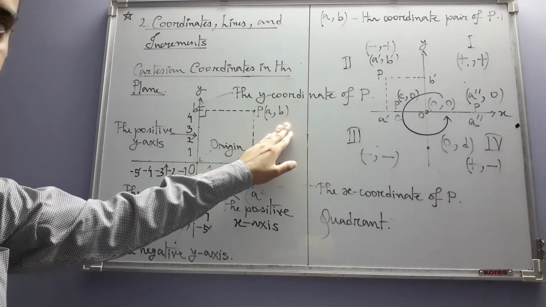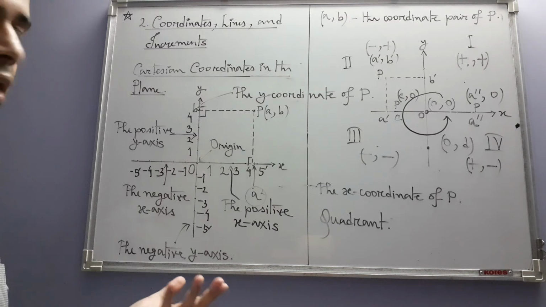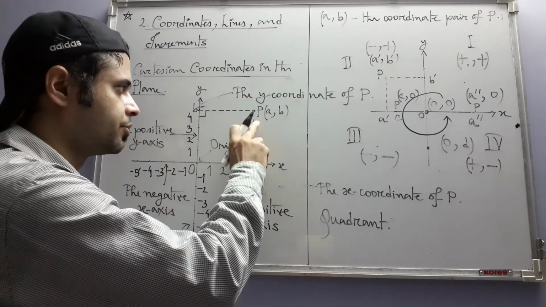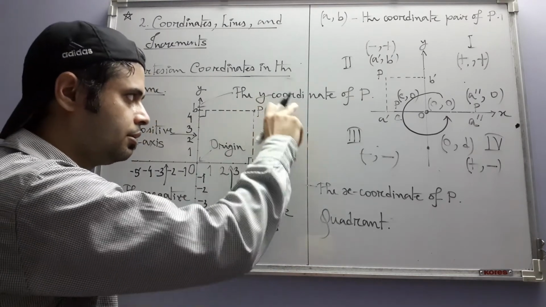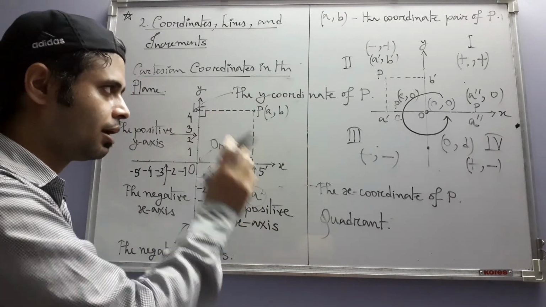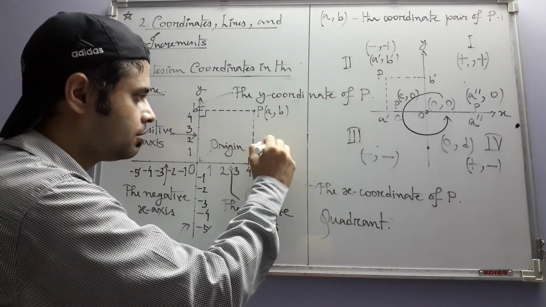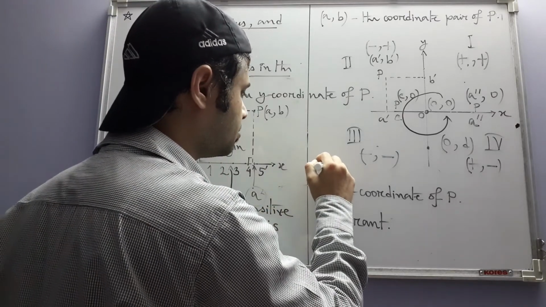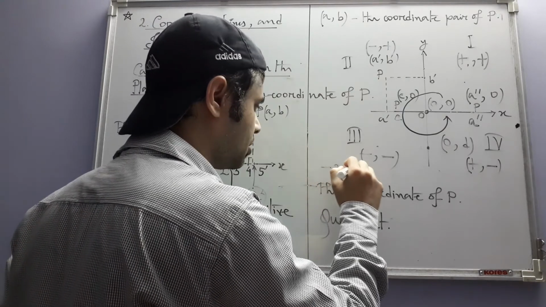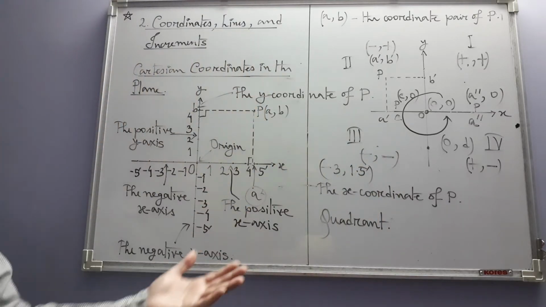Okay, so this system using which you can find the coordinate pairs and hence the position of all points in the plane with respect to 2 perpendicular real lines is known as the Cartesian coordinate system. And according to this system, each point in the plane gets a unique coordinate pair, and no point is left without getting any such pair. And also, if you arbitrarily think of an ordered pair of some real numbers, say minus 3, 1.5, etc., then that corresponds to exactly 1 point. That is, the converse is also true.